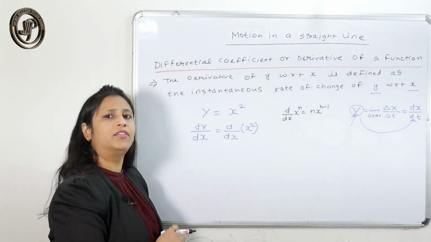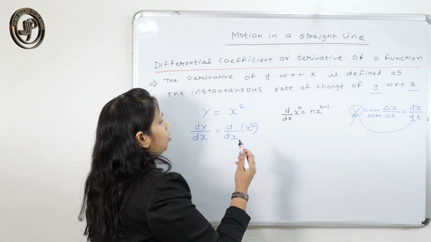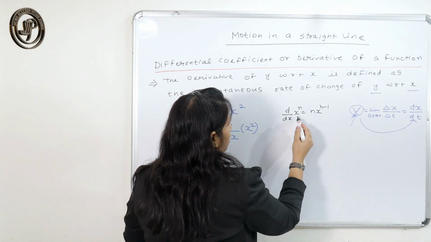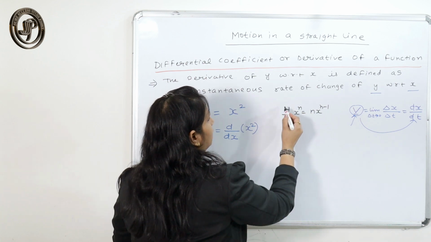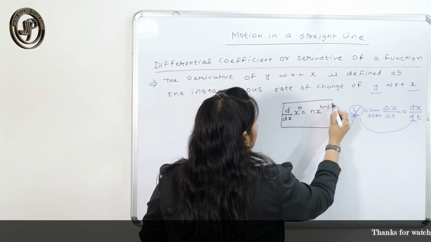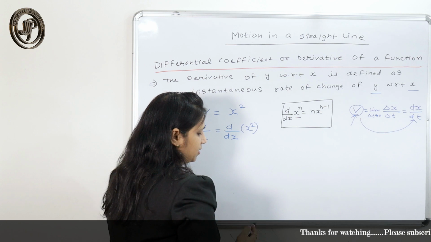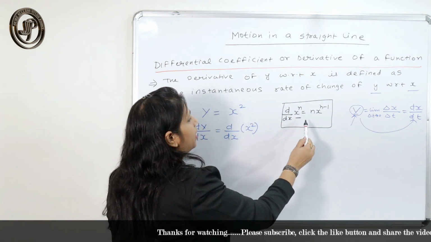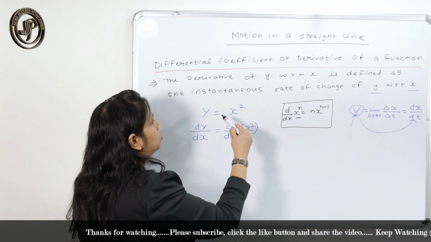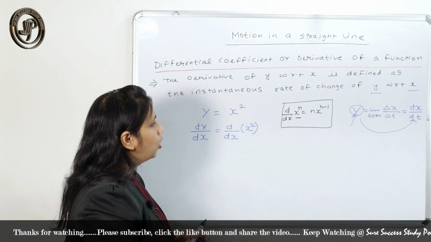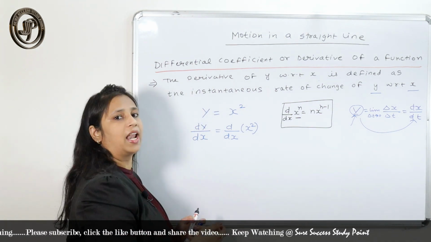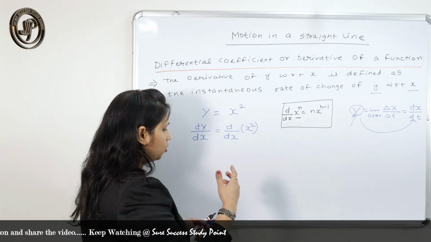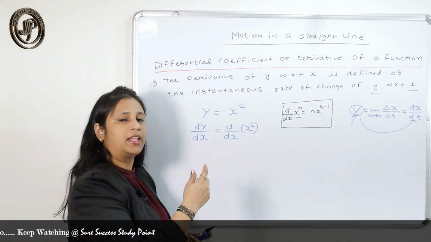Different functions have different derivative values. The important function x raised to power n, that is the algebraic function, you have to learn in order to do this topic in physics. Other derivative functions, like the trigonometric and exponential functions, have some different formulas that we need to apply.